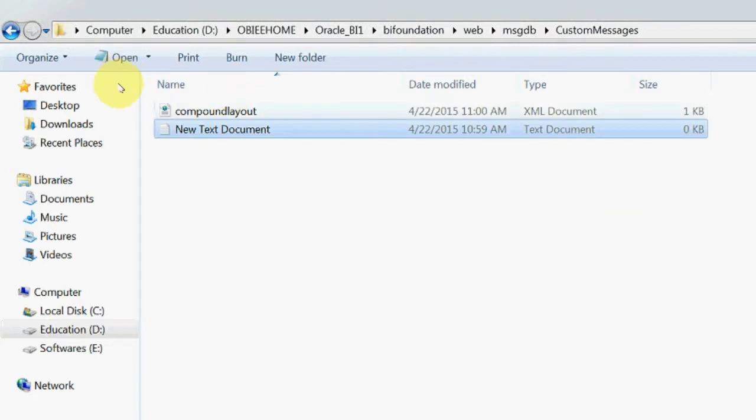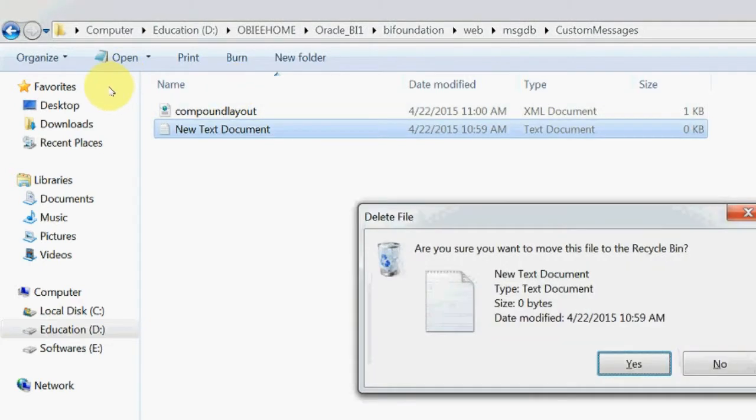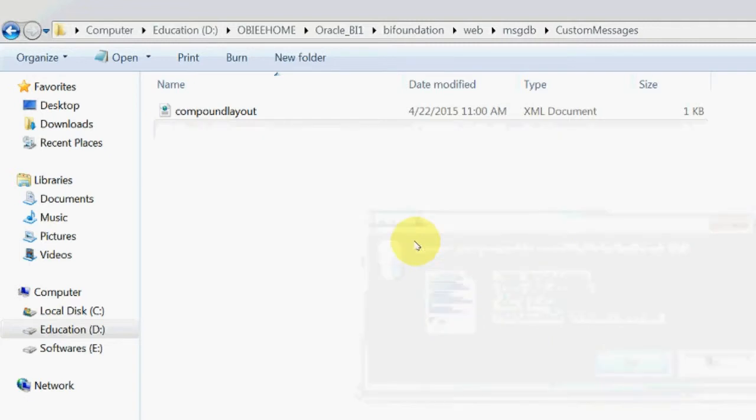So the XML file is created, so I am deleting this new text document.